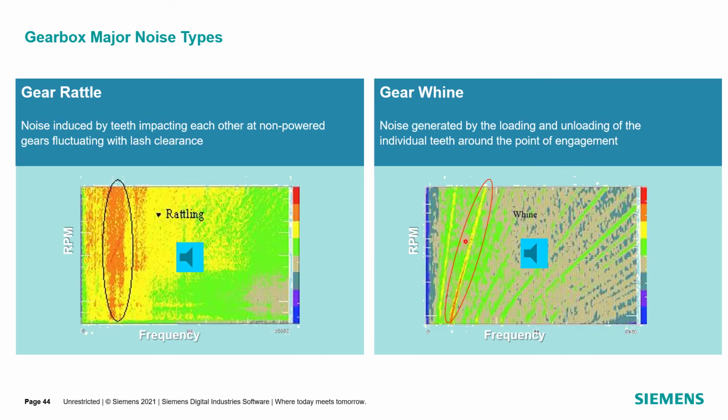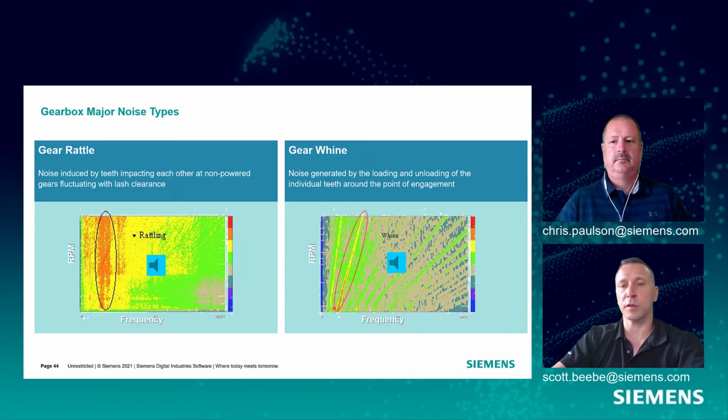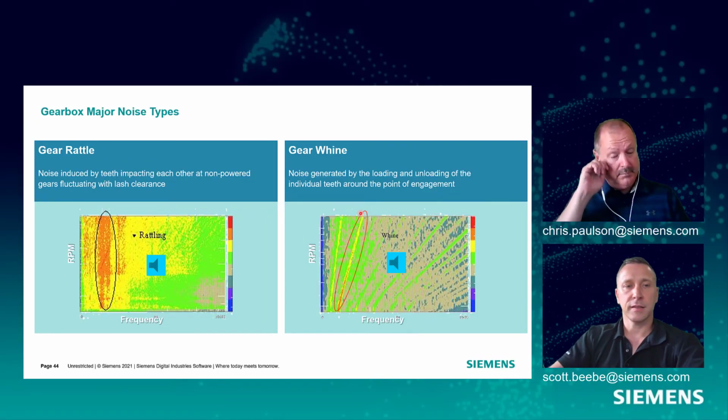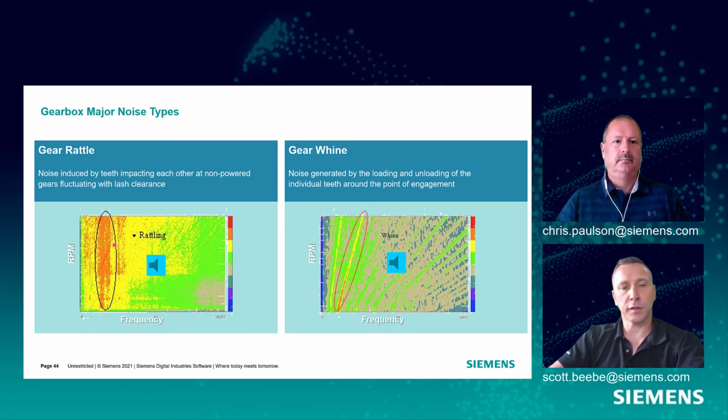Whereas whine is more of a tonal noise. You can see that tone increases in frequency. A good example I always point to is if you've ever heard a Formula One car as it drives by, it's got those highly loaded gears. Those F1 racing cars have a lot of force acting on those gears. Those teeth are really pressing on each other, and so they're almost whining based on the amount of force going through. So it's a high-loaded noise that's very tonal with those teeth interacting, whereas rattle sounds more like a jackhammer around that tooth interaction.